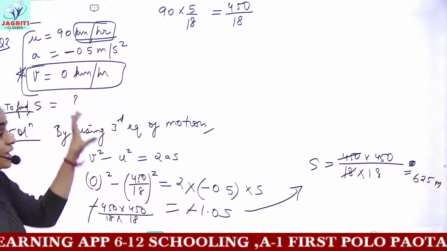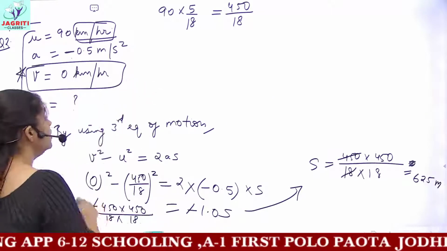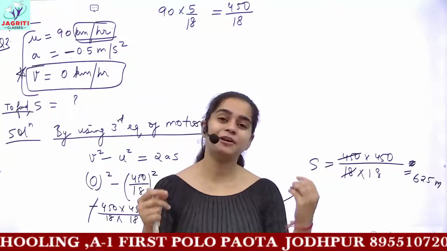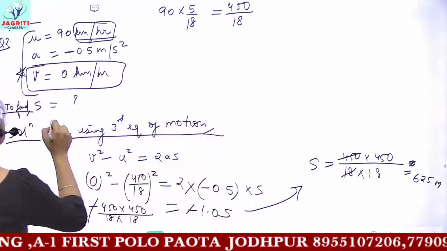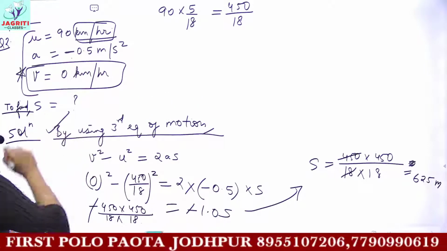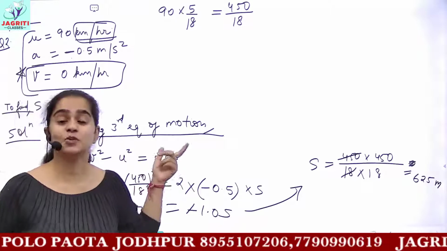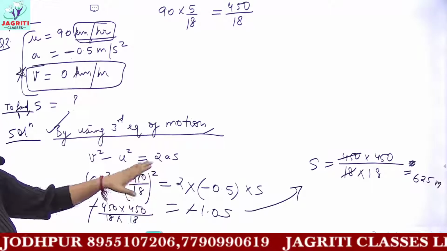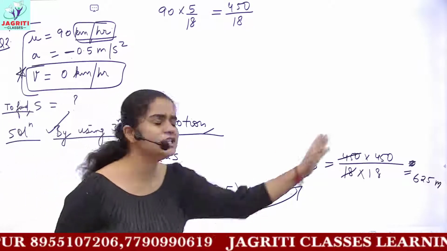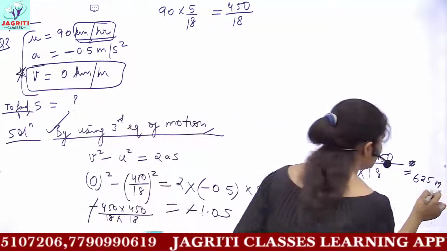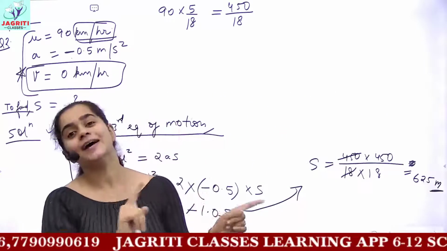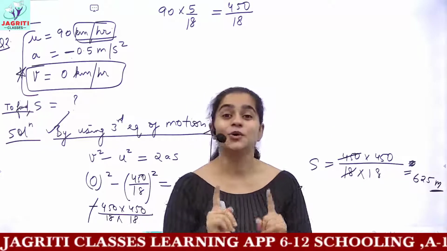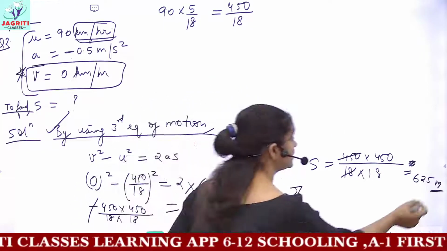So this is the way. You should know the way how to solve, which equation you have to use. Okay, this calculation part I know everyone can easily do. But the main thing is starting with the problem, knowing the concepts, knowing which formula should be applied to solve the given question. If you are good at this, that you can judge the formula, then you can easily do these mathematical calculations. And just remember, you have to put the unit also in your answers. Without putting the unit, your answers would be incomplete. Okay, we are dealing with physics and the unit is required.